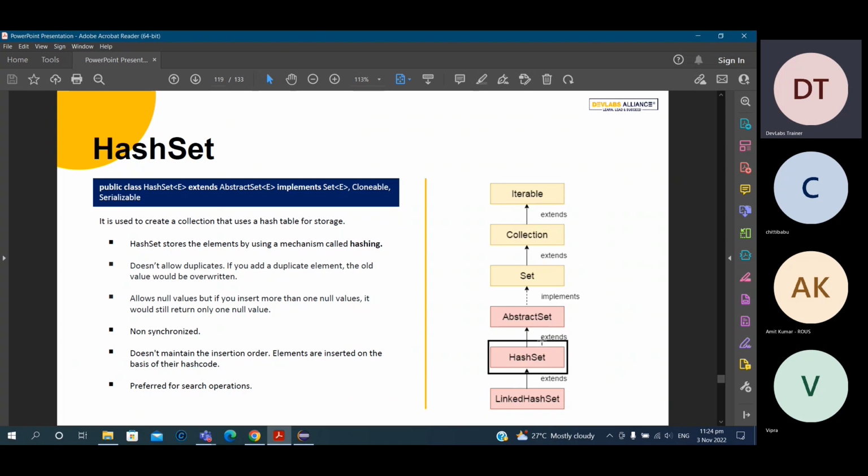One node is pointing to the next one. So from next, you cannot come back to the first one. That is the main drawback of a singly linked list. So it is internally maintaining a singly linked list. You can see here, it is creating nodes where one node is created and it is pointing to the next node. So if someone asks you how LinkedHashSet is maintaining the insertion order,